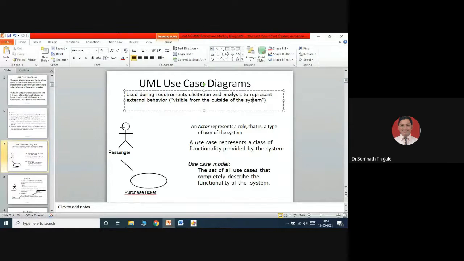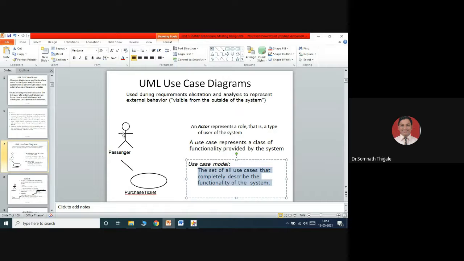So this is the actor notation, this is the use case notation. So a use case represents a class of functionality provided by the system, and that represents the relationship. Once we represent that relationship, we will say that we have completed the use case modeling. So set up all the use cases that completely describe the functionality of the system.